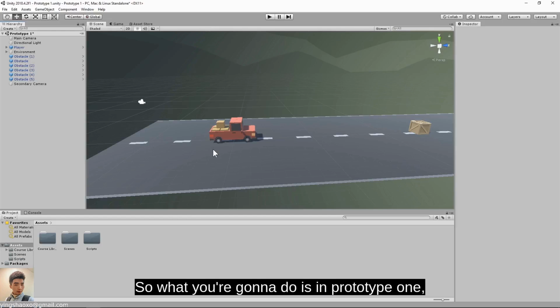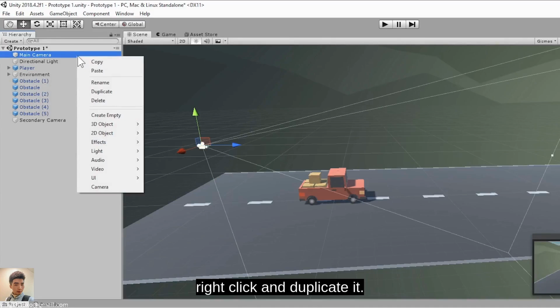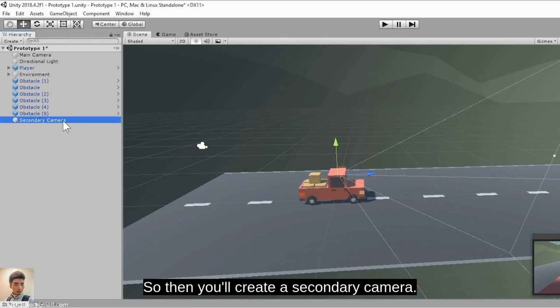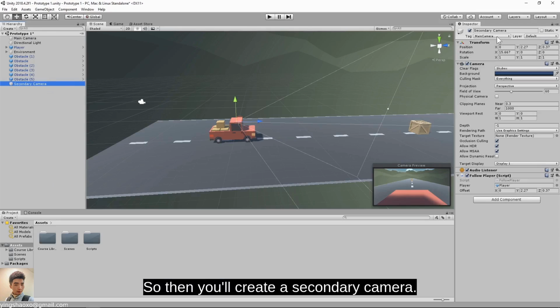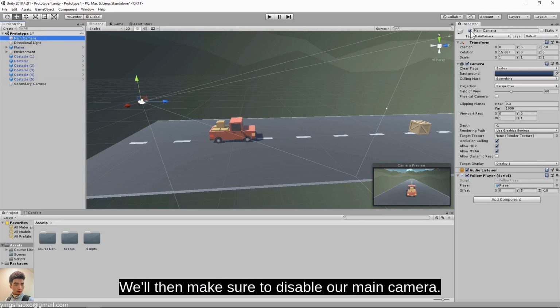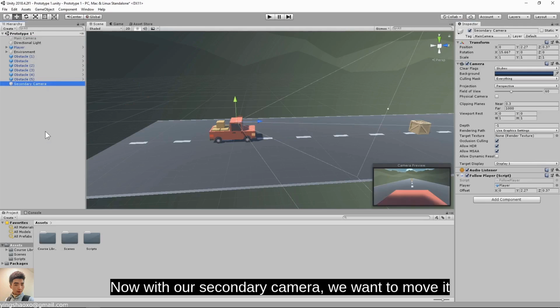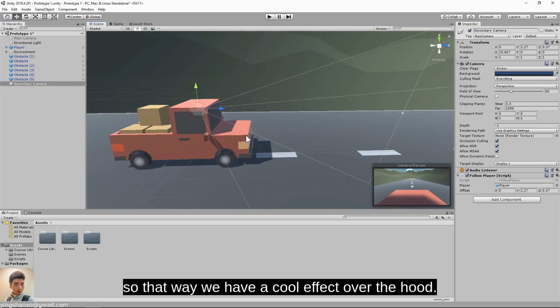So what you're going to do is in prototype 1, you're going to select your main camera, right-click, and duplicate it. So then you'll create a secondary camera. Make sure to rename it. We'll then make sure to disable our main camera. Now with our secondary camera, we want to move it into a position where it's kind of in a first-person view right in front of our truck. So in this case, I put it right in this windshield over here,